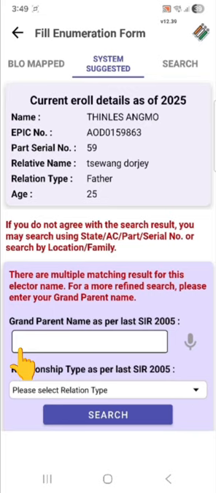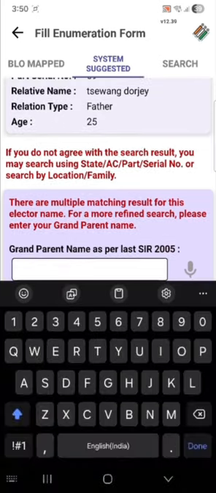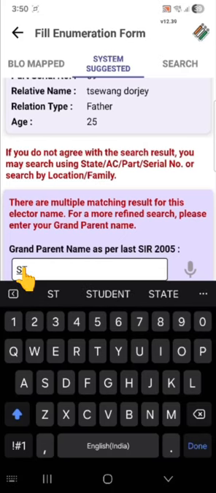So BLO will enter the grandparent's name under the text box. BLO can also use the mic option. After entering the grandparent's name, BLO will select the relationship type from the drop-down.